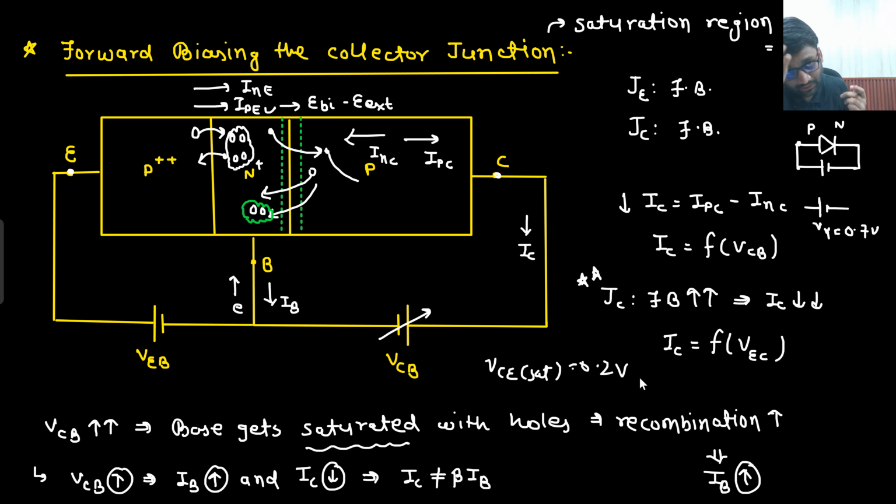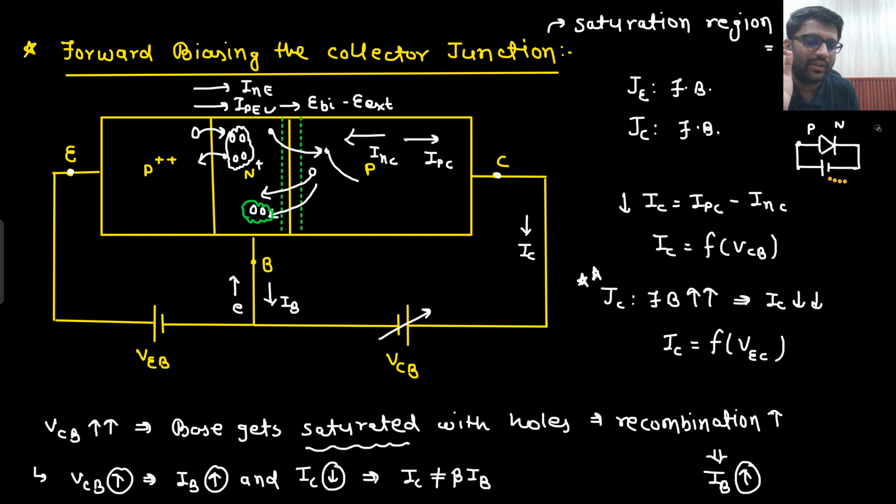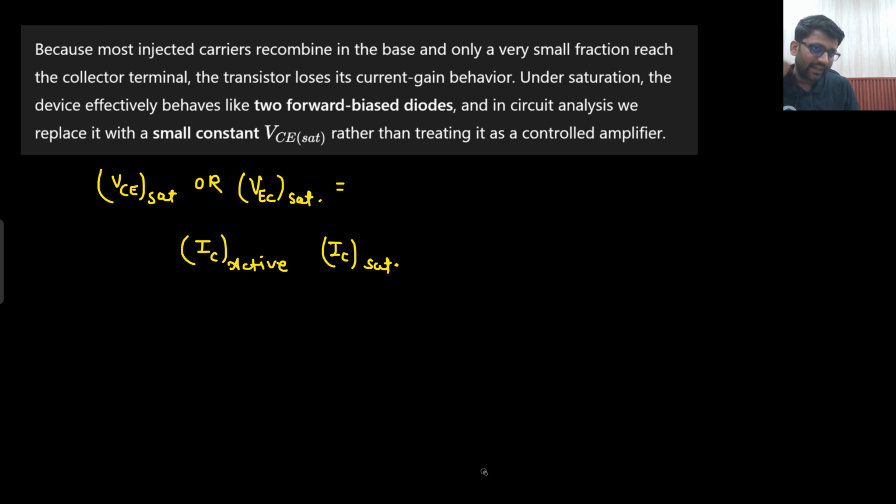That means if your BJT is working in the saturation region, then you can fix this voltage between collector and emitter. So in the examination, it would be written that the saturation voltage between collector and emitter is 0.2 volt. You should be able to understand the meaning of it. Okay, so that theory has been written. Because all these things we are again going to see in analog electronics, but there I will directly